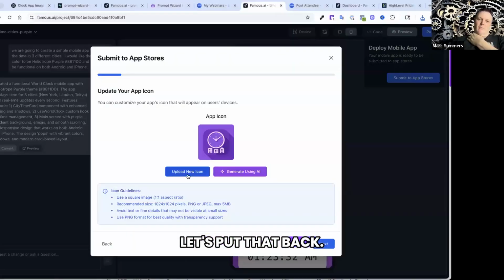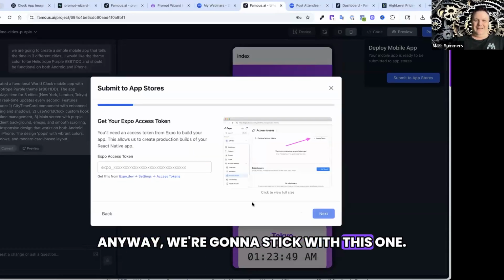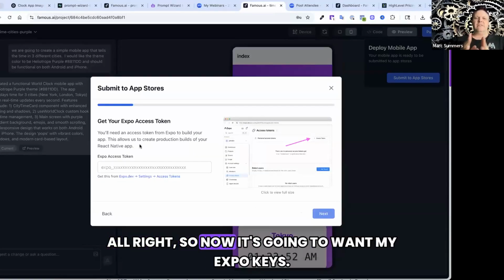Yeah, I preferred the first one we had. Let's put that back. It doesn't like me putting that. Okay, little bug there. I'll report that to the guys. We're stuck with this one. This looks like a Pac-Man ghost. Anyway, we're going to stick with this one. And all right, so now it's going to want